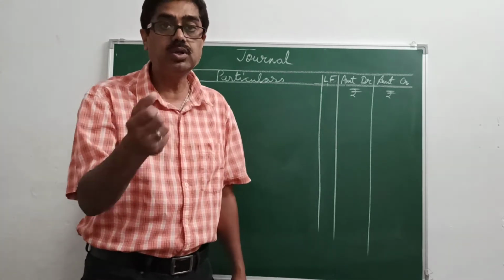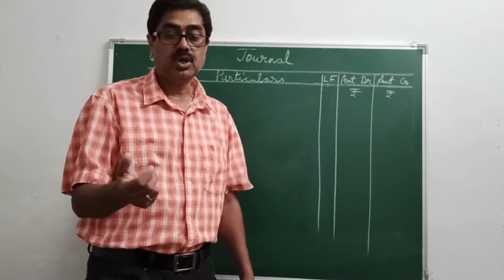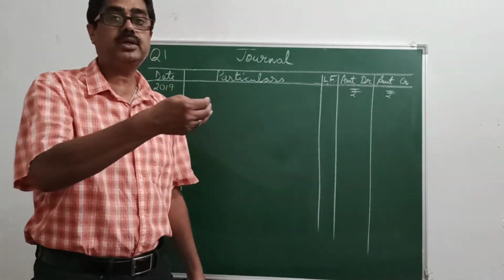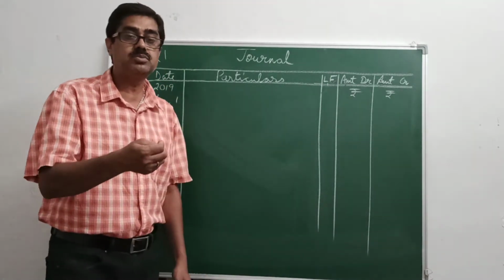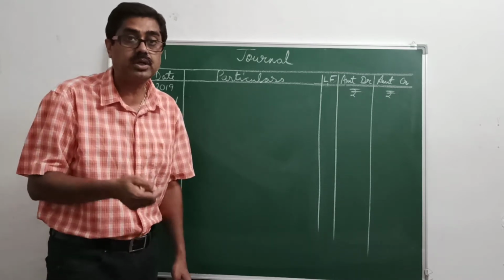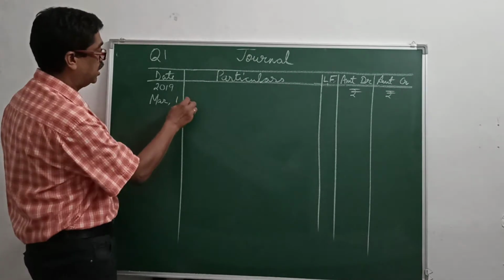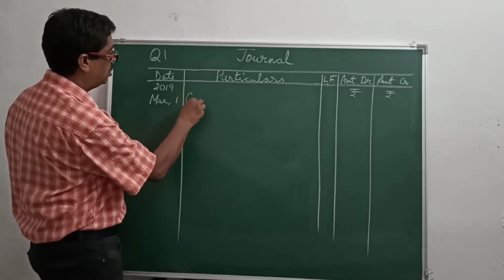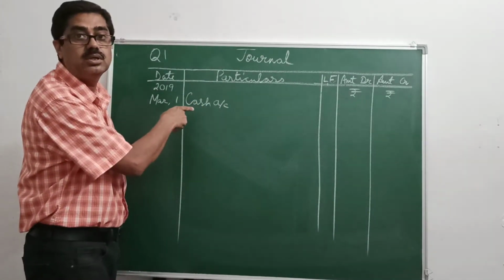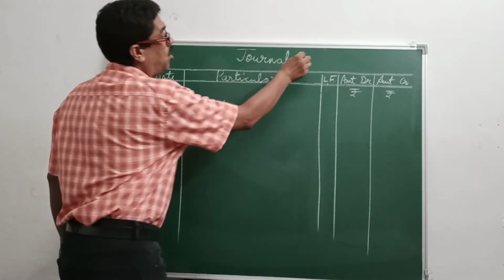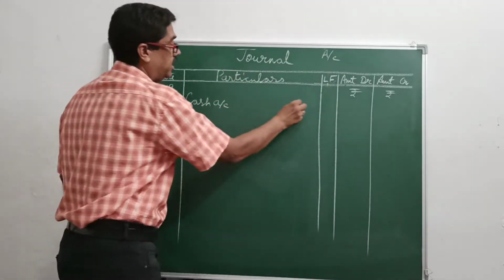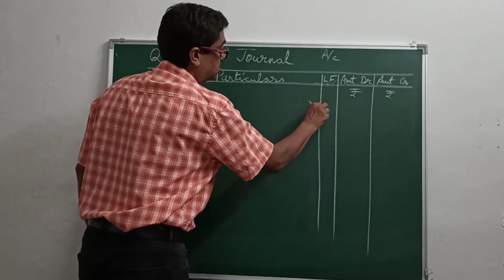Now applying the accounting rules, you have the sheet in front of you. Now you have to see in which category or which type of account this cash account and capital account comes. A cash account comes in real account because cash is coming in. So debit what comes in. Now see how I will write it. Near the line with capital C, you will write cash account. You can use the abbreviation A/c, small a, small c, or you can use capital A, capital C also. So account debit. Near the line you write this debit.